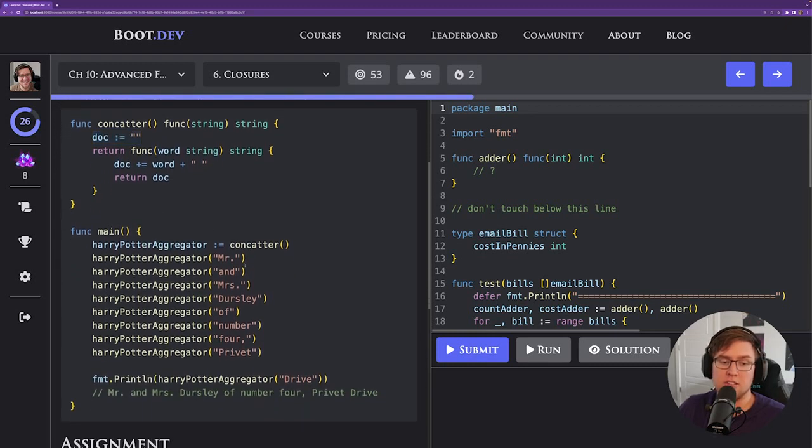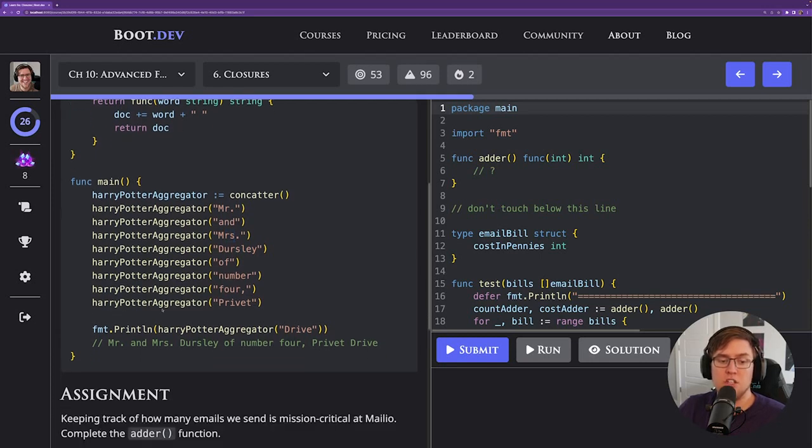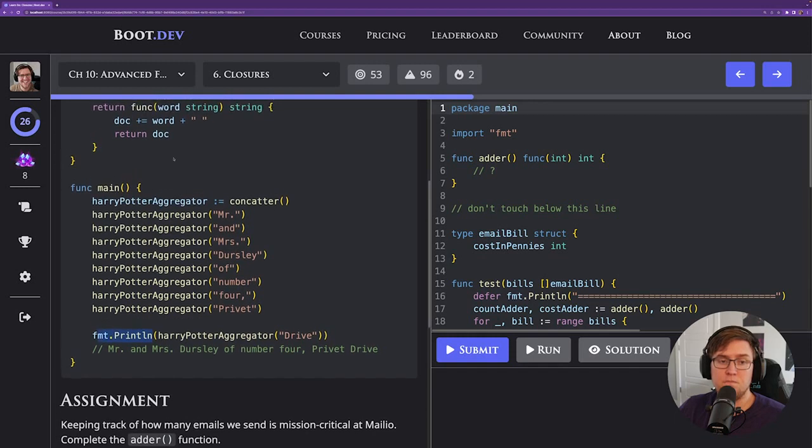So let's look at what that looks like in usage. So we're calling concatter and we're getting back this Harry Potter aggregator, right? That's what we're assigning this function to. We're assigning this function into this variable. So Harry Potter aggregator is a function, right? Specifically, it's this function right here. Cool. And then we're going to call it with Mr. And then we'll call it again with and Mrs. Dursley, right? We're calling it over and over. And what's happening under the hood is we're appending those words, Mr. and Mrs., onto that doc variable. So at the end, when we finally print what's being returned, which is the doc variable itself, we get the full sentence. Mr. and Mrs. Dursley of number 4